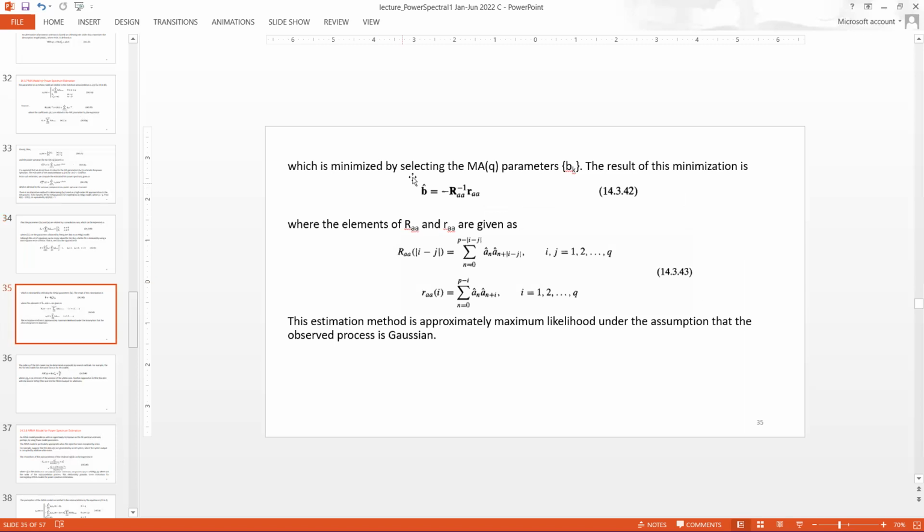And finally, this equation will be in short written B caret equal to minus R inverse A inverse. And R A, ক্যাপিটাল এন্ড লোয়ার কনভলিউশন যে কি মিন করে এখানে সেটা এক্সপ্রেস করা আছে।